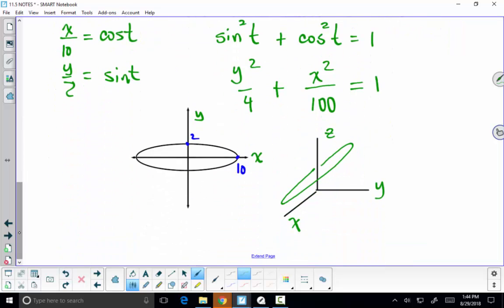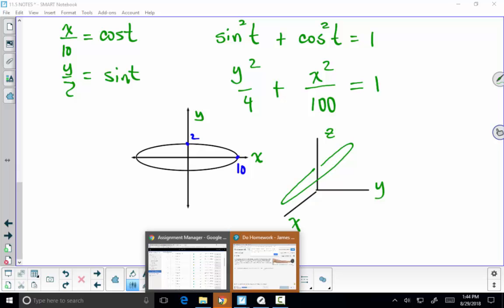All right, any other questions on that? Yeah? Can we do 11.5 number 1? It's like a parallel line. Parallelepiped? Yeah. 11.5.1. Parallelepiped. So parallelepiped is just a